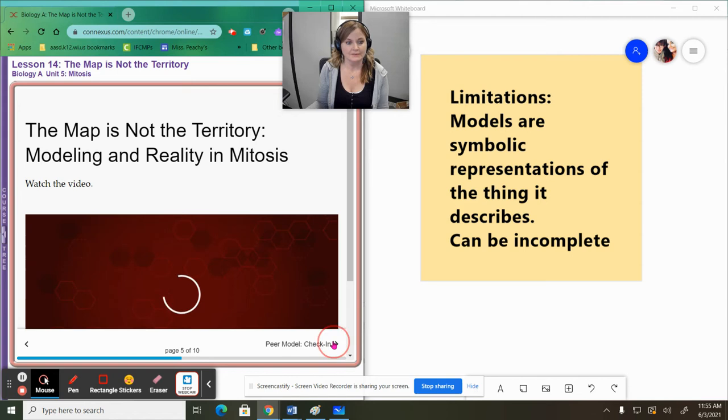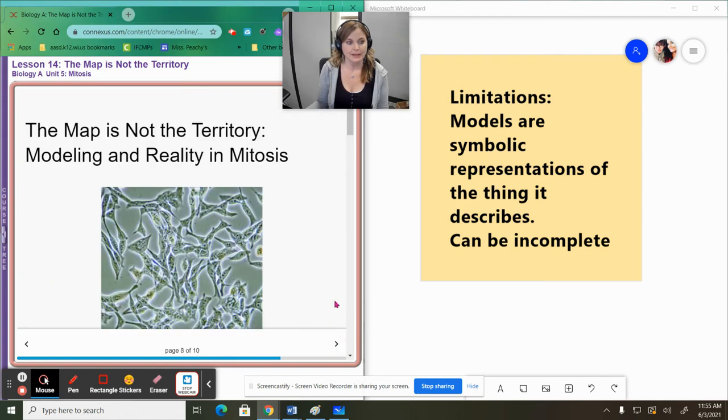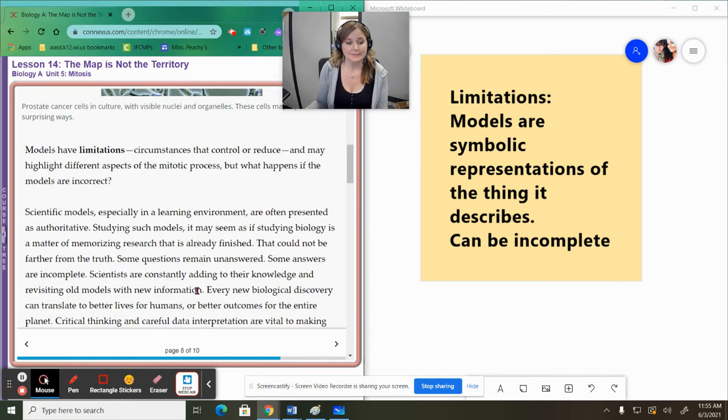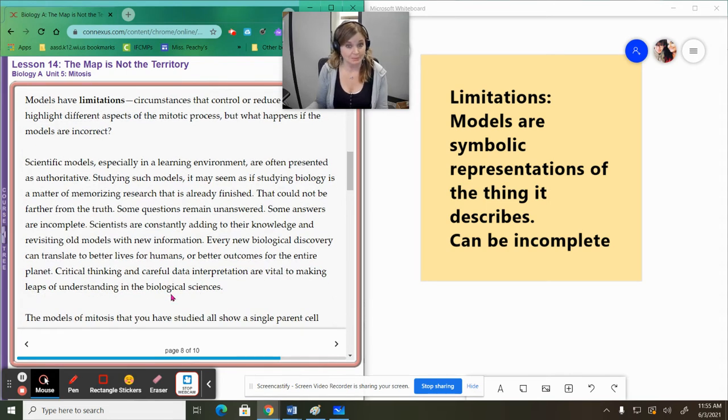As we move through the other stuff in this lesson, we get to the second portion, called the map is not the territory: modeling and reality in mitosis. Again, it discusses how maps or models have limitations, basically circumstances that control or reduce or may highlight parts of mitosis. So it's either giving you just a little part of it, an overview of it, or highlighting one aspect of it, but it doesn't give us the whole picture. And in some cases, it's not a completely correct picture either,